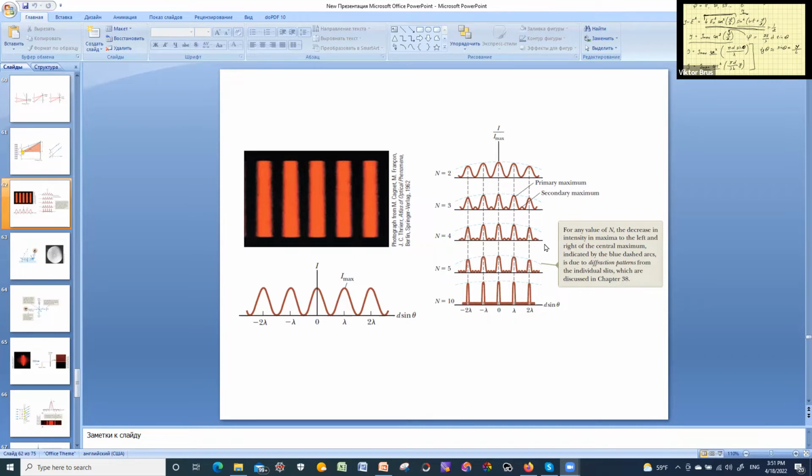Summarizing, we introduced a new topic, which is interference of electromagnetic waves, of light in particular. We discussed which conditions are necessary to get the interference effect. It means we need monochromatic light. We need very small slits, whose dimension should be comparable to the wavelength,